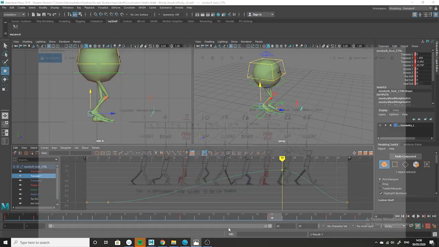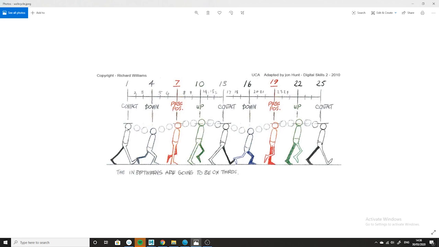Now I'm going to go back to the diagram again. It shows, if you imagine that the height of the head reveals how much the body is going up and down. So on this diagram, and this is not set in stone, this is like a generic walk, but we'll use it, the body kind of goes down